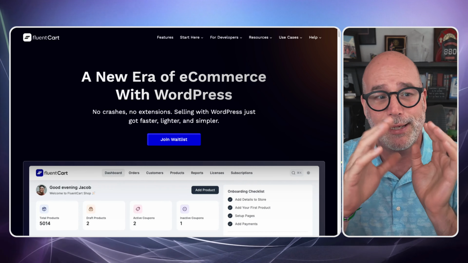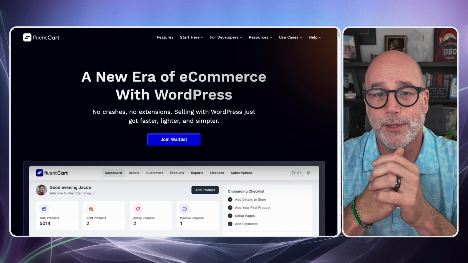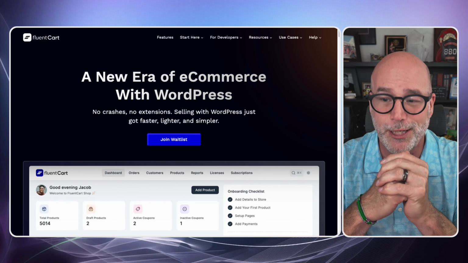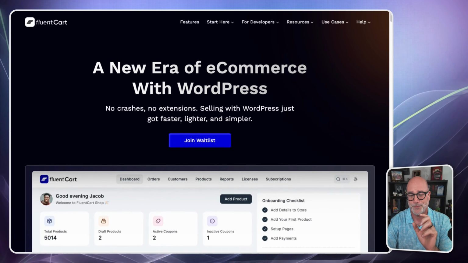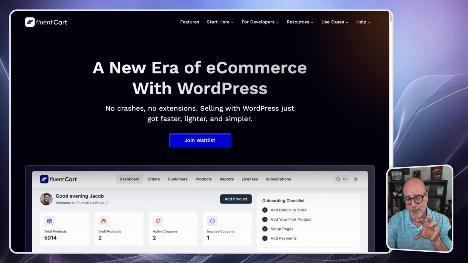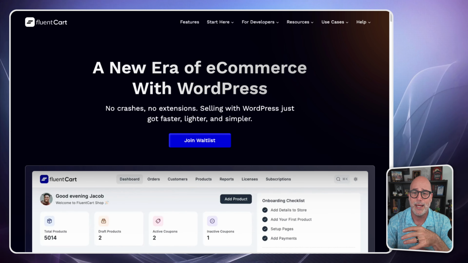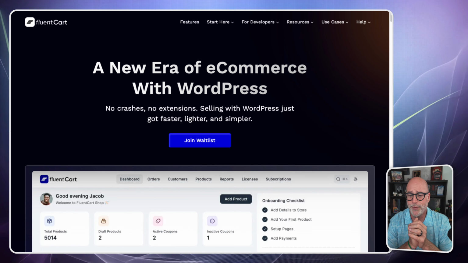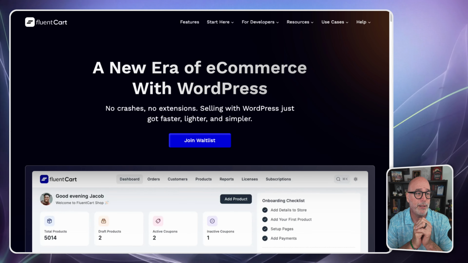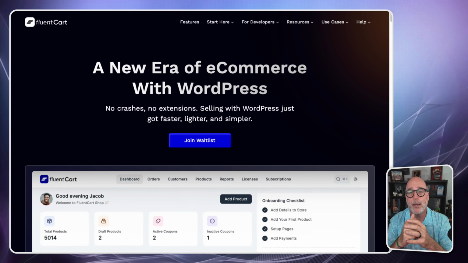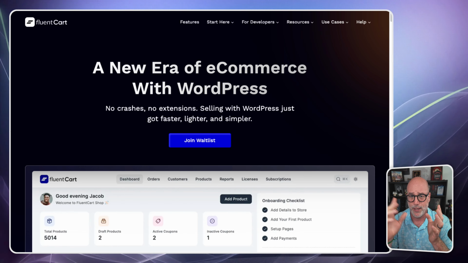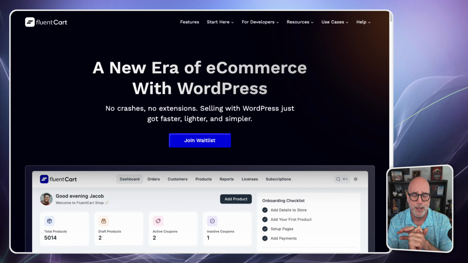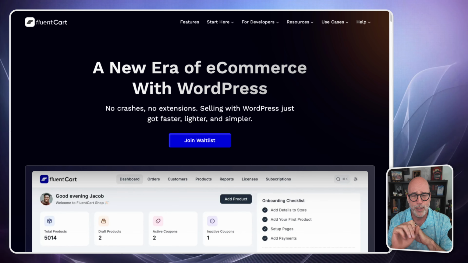And now they're coming out with Fluent Cart, which is pretty freaking awesome. So this right here, you can see you can join a waiting list and stuff like that. I'm not sure what their fee is going to be, but it'll probably be a yearly fee, like anything else that they do. They offer a great pricing structure.